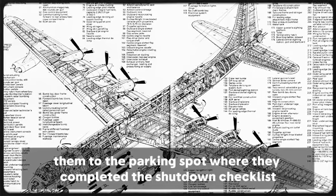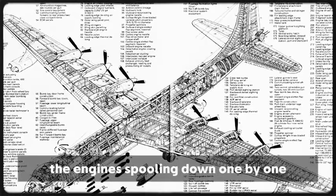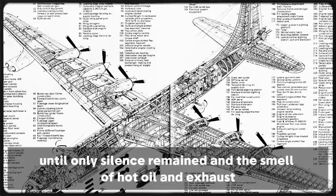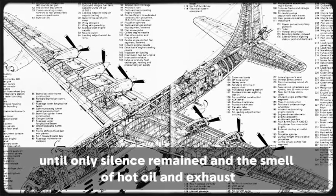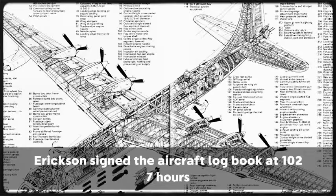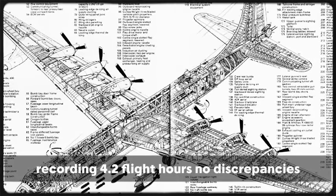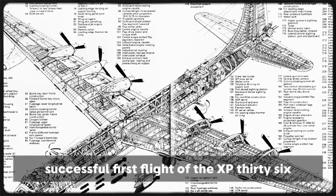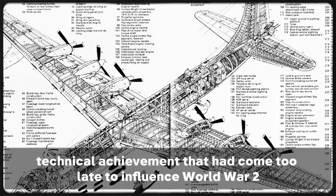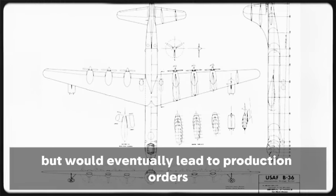Ground crew directed them to the parking spot where they completed the shutdown checklist, the engines spooling down one by one until only silence remained and the smell of hot oil and exhaust. Ericsson signed the aircraft logbook at 10:27 hours, recording 4.2 flight hours, no discrepancies, successful first flight of the XB-36, a technical achievement that had come too late to influence World War II, but would eventually lead to production orders